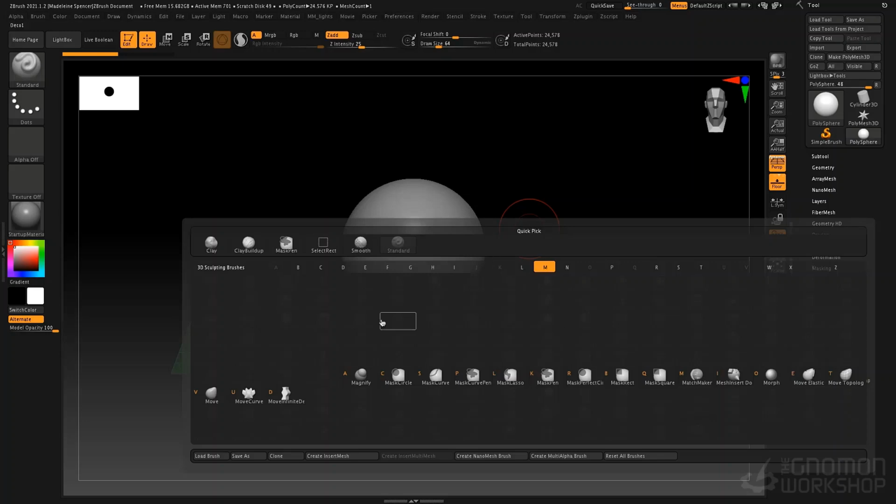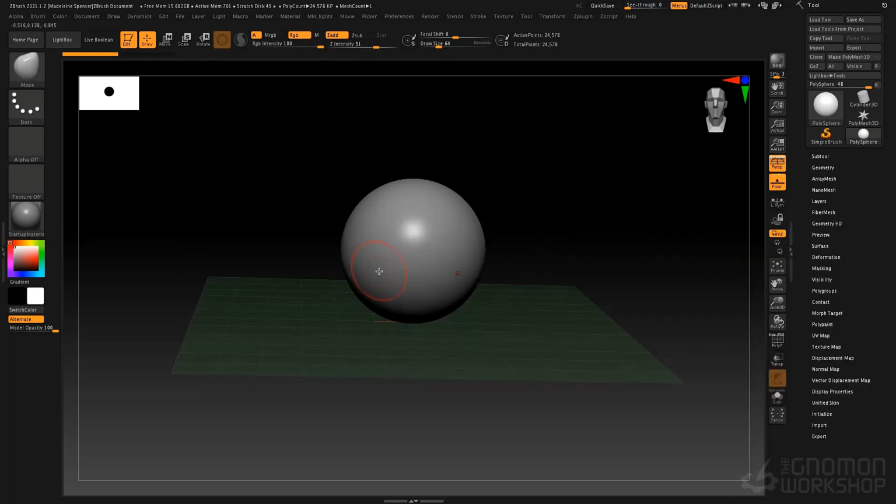Its hotkey is in orange, it's V. These orange keys are called contextual hotkeys. So this V key will only activate the move brush while this window is open. So if I press V, I now have the move brush. You see my brush icon has updated. So with the move brush selected, now I'm going to be able to grab and move the sphere around,